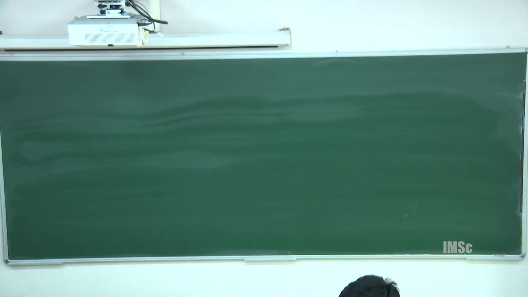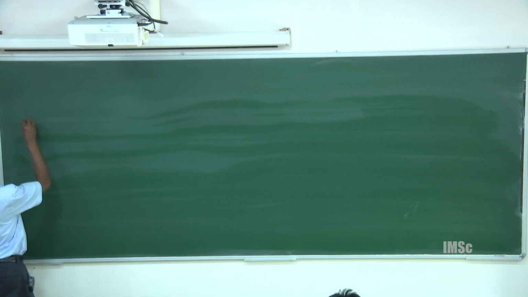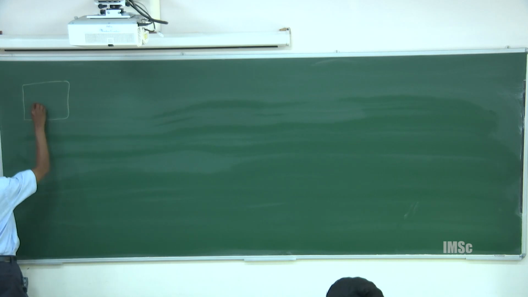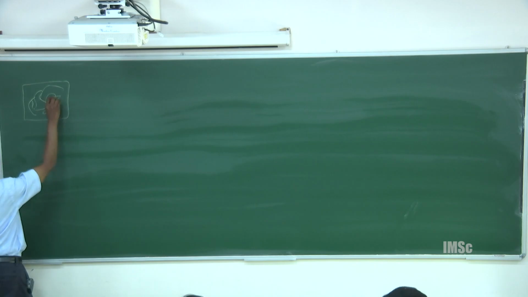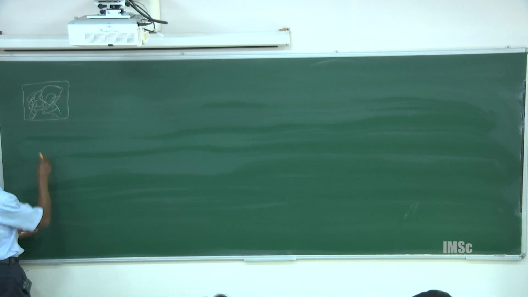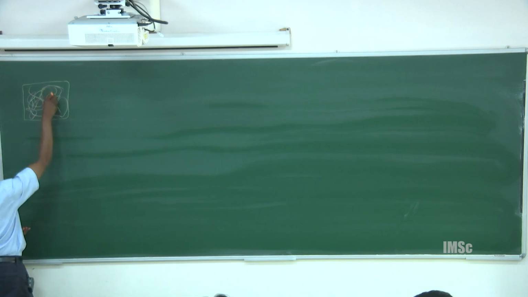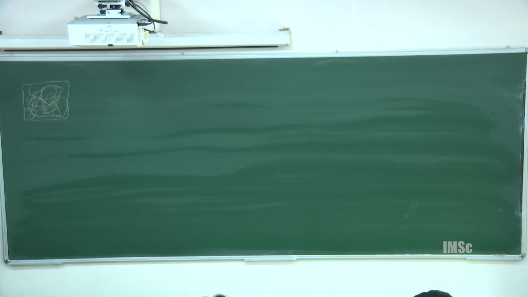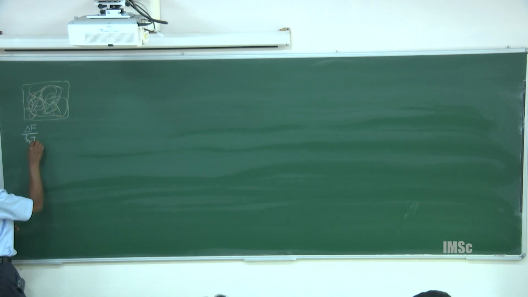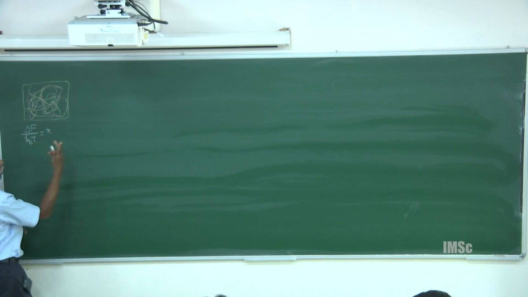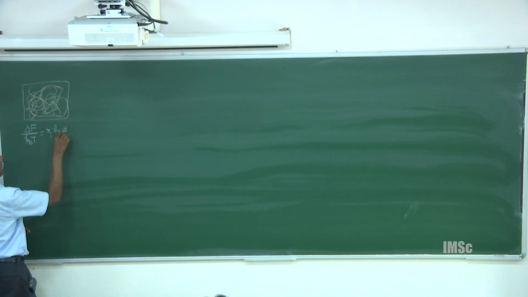Okay, so far what we did can be summarized in a few sentences. In the first day, we talked about a mixture of polymer chains. That's what we did. And then using random mixing approximation, we derived the free energy of mixing, which went something like this for a 2-component system.